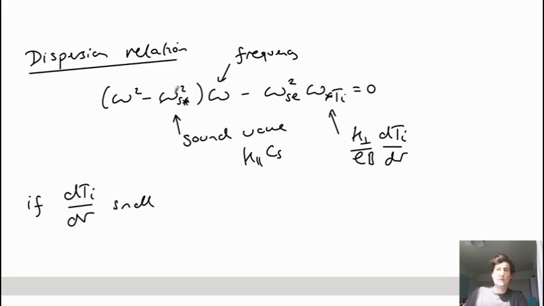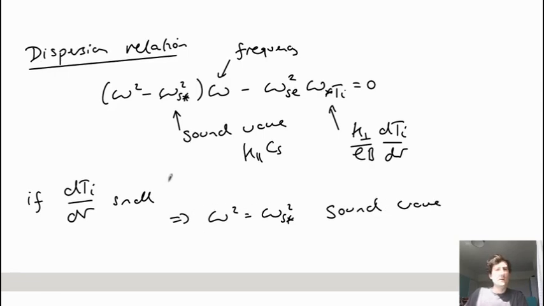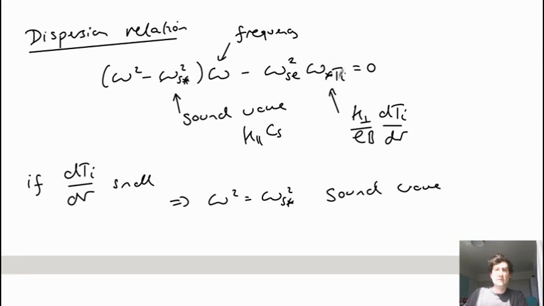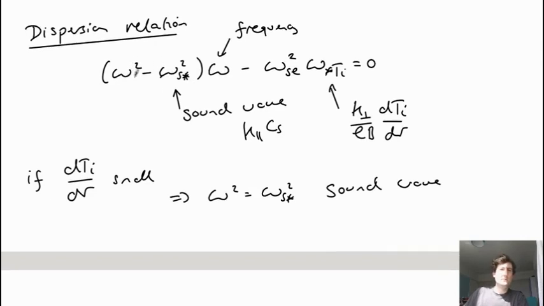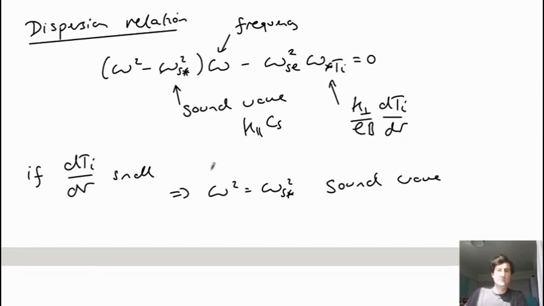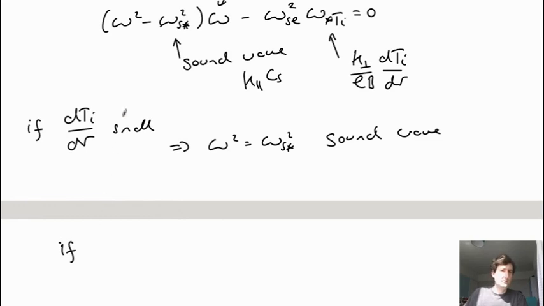then what we end up with is essentially that these two terms are 0. So if this term is ignorable, then either omega is 0 or these two are equal. And so you just get that omega squared is the sound frequency. So this becomes a sound wave. As the temperature gradients increase, this term becomes larger. At large frequencies, we can make some simplifications if we assume that this frequency is larger than this. So if the frequency is higher than the sound wave frequency,